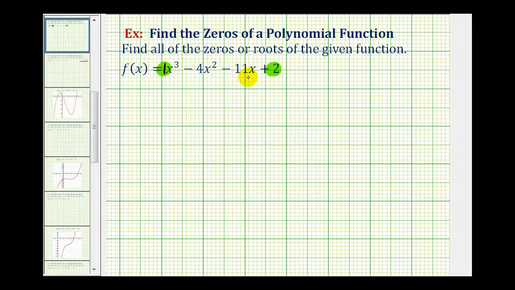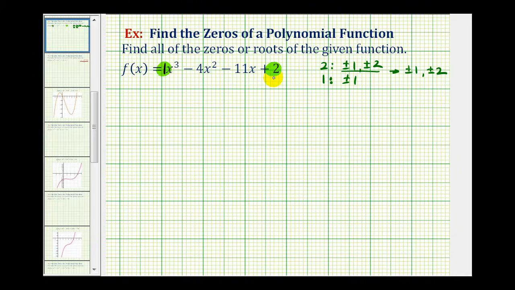Which gives us a fairly small list of rational zeros to try. The factors of 2 are plus or minus 1 and plus or minus 2, and of course the factors of 1 are just plus or minus 1. So the ratio of these would just give us possible rational zeros of plus or minus 1 and plus or minus 2. But instead of doing trial and error here, what we're going to do is graph the function and